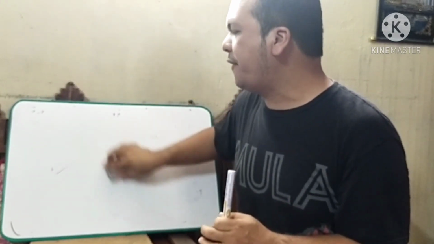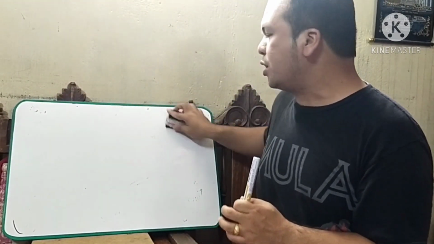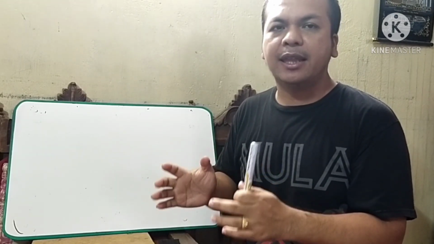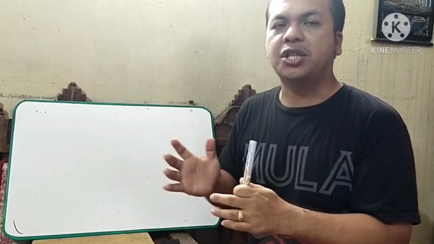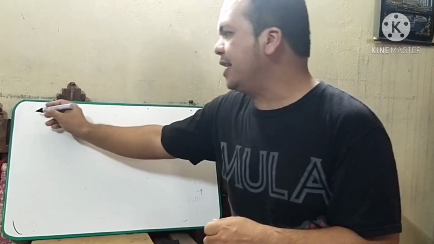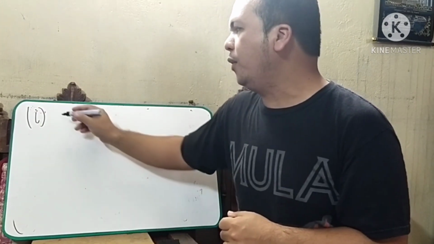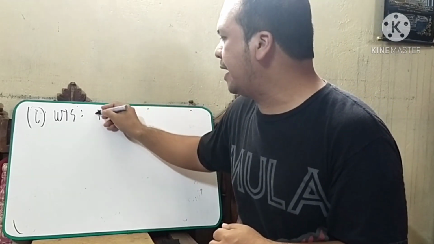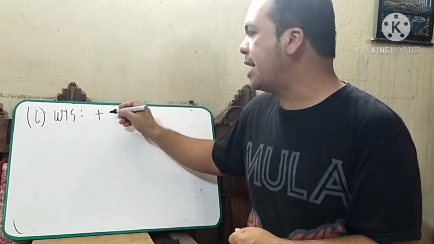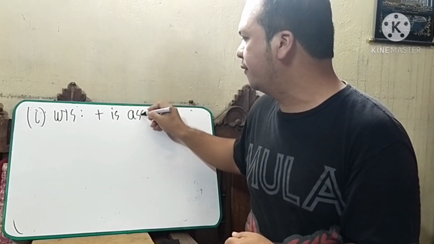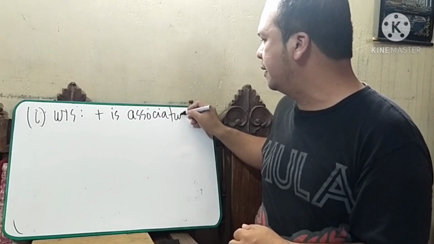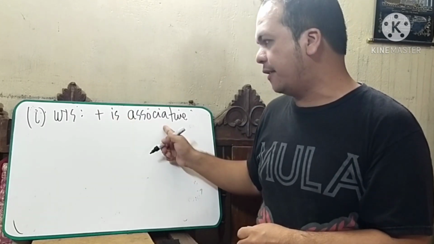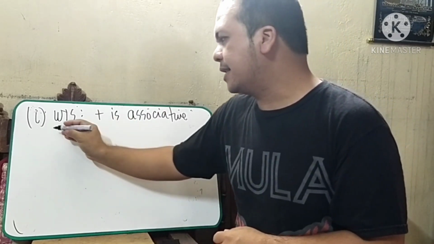So there are three activities that we have to do to show whether the set of integers together with the binary operation addition is a group. The first one is we want to show that addition, the binary operation addition, is associative. Okay. Now, to show that the binary operation is associative, let us